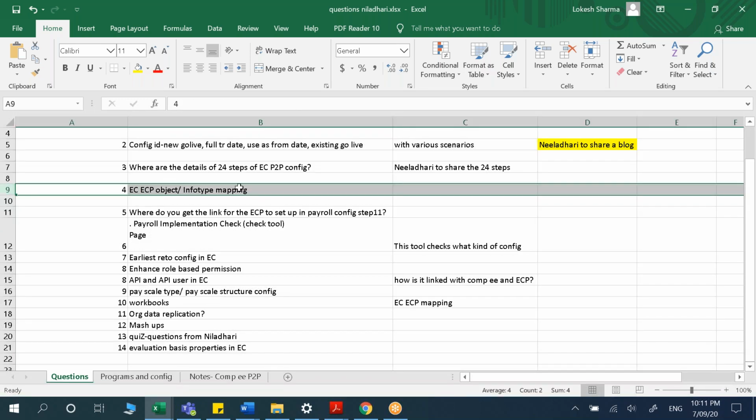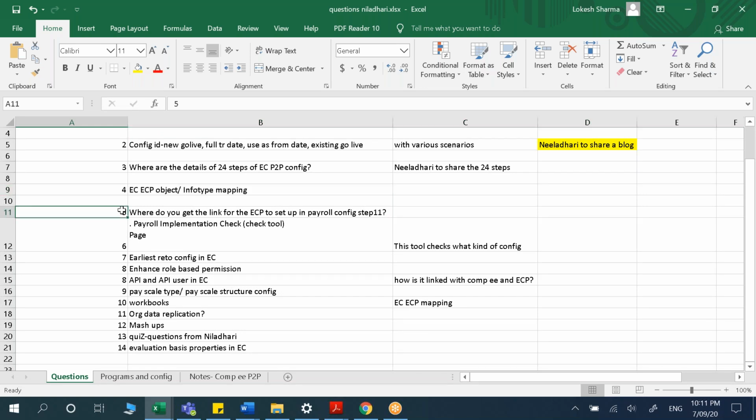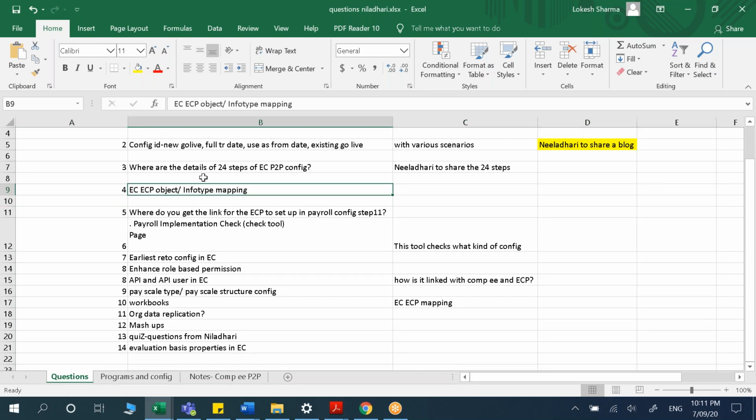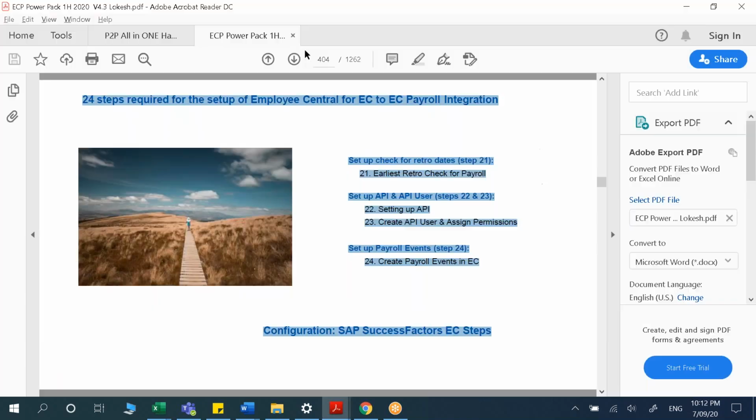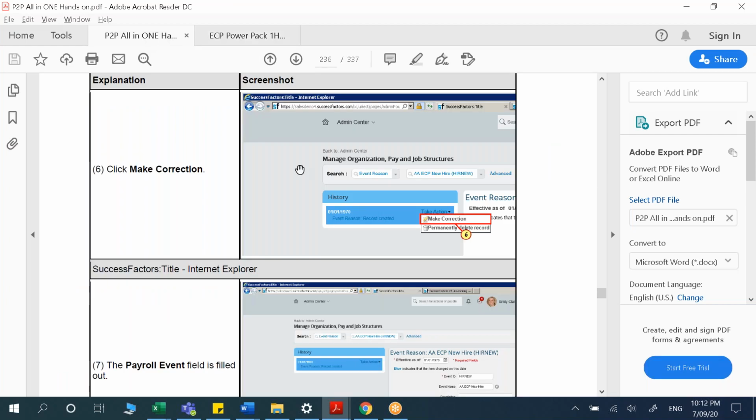That was for me, I'll find that out. No, that's just for my personal information. I have those details, but I'll keep them handy in my notes, that whole mapping. Now the other one, in step 11, I don't know if it's step 11 of this or of this, but you configure your ECP client, that web URL link in your SuccessFactors system.